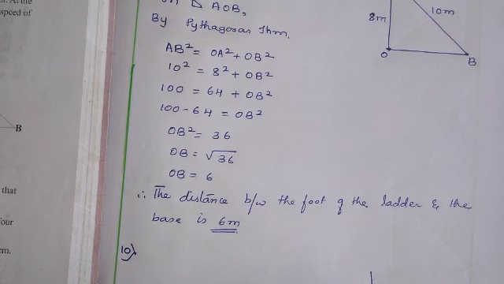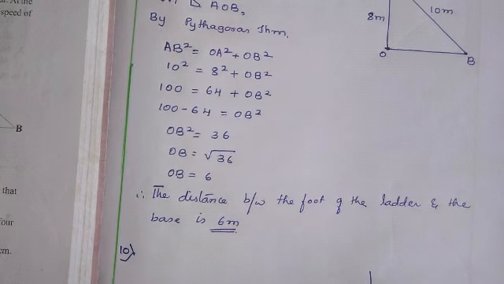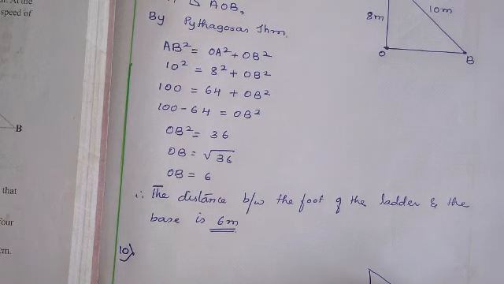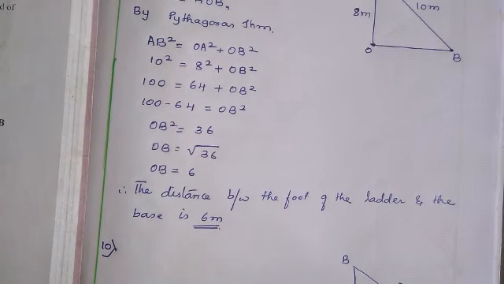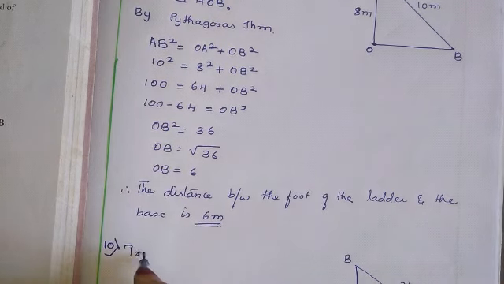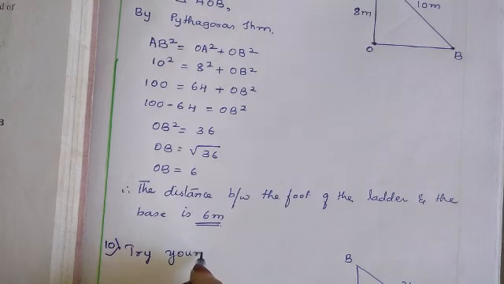See here what they have told. Pole they have told, let me draw the pole. 18 meter pole, and the wire attached is 24 meter. So you have to find the distance between the pole and the wire. You can write any alphabet, it's your choice. A, B, C, same thing you have to write. Let AB be the pole and BC be the wire. By Pythagoras theorem in triangle ABC, BC square. Exactly the same, you have to try yourself.